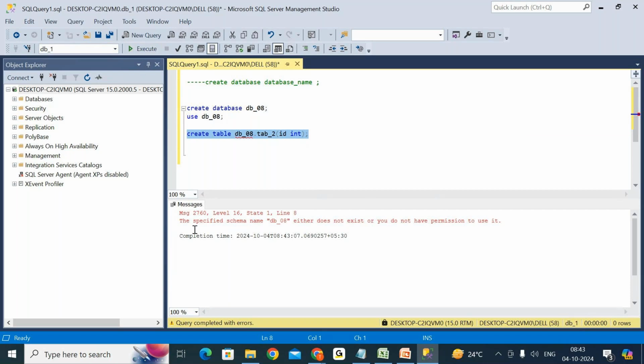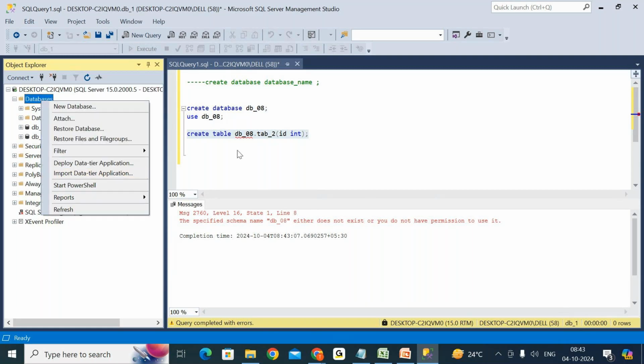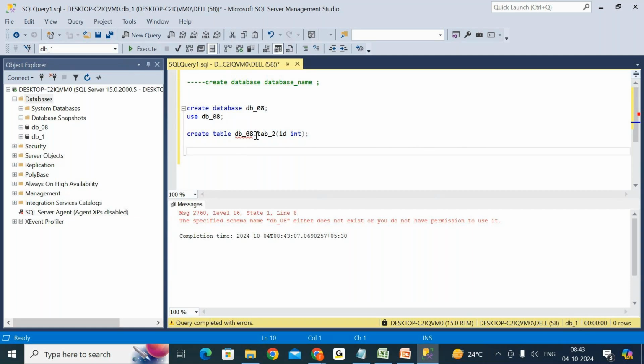The specified schema name either does not exist, or you don't have permission to use it. Let's refresh it. Here in the SQL we will not use it like this. Specified schema name. I'll let you know about this one, because most of the time this database dot table name is not used perfectly. That's why we are using the use